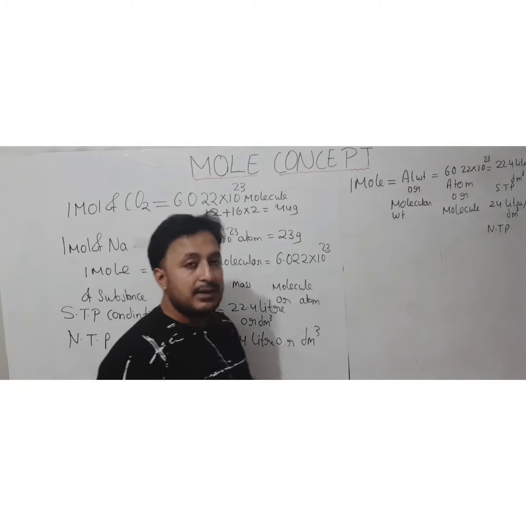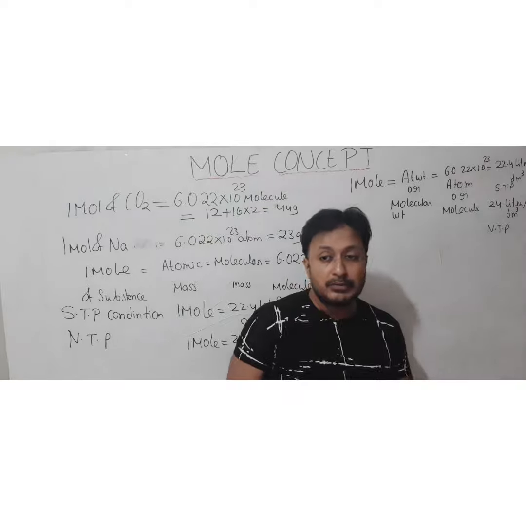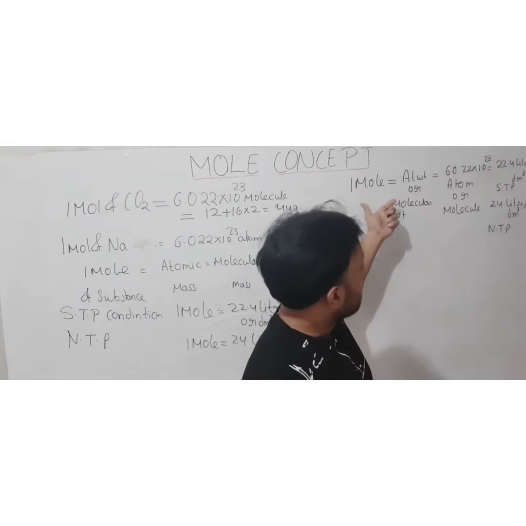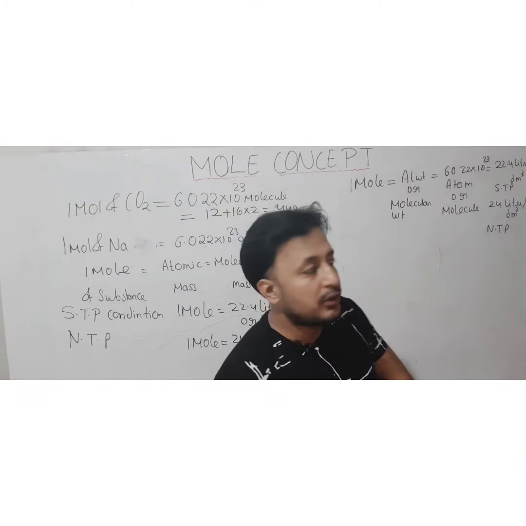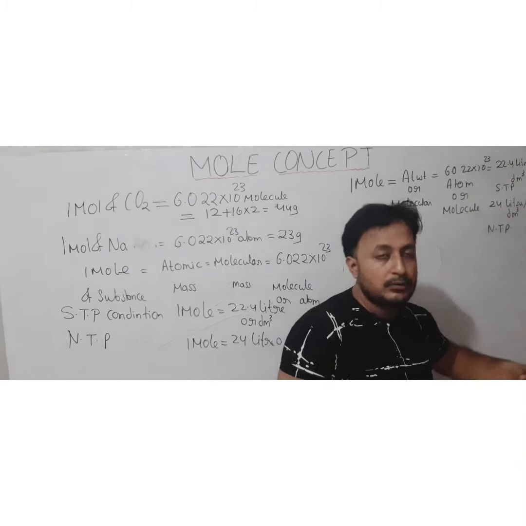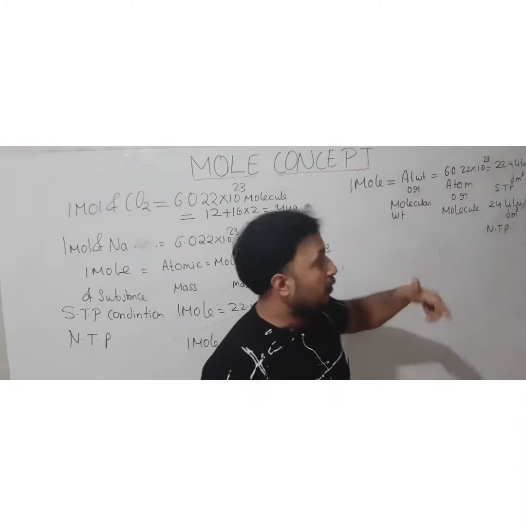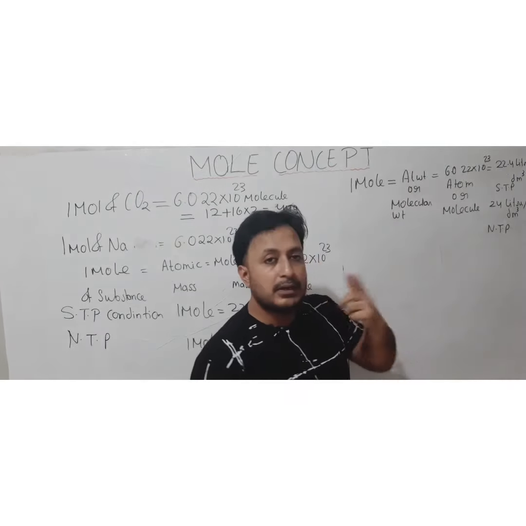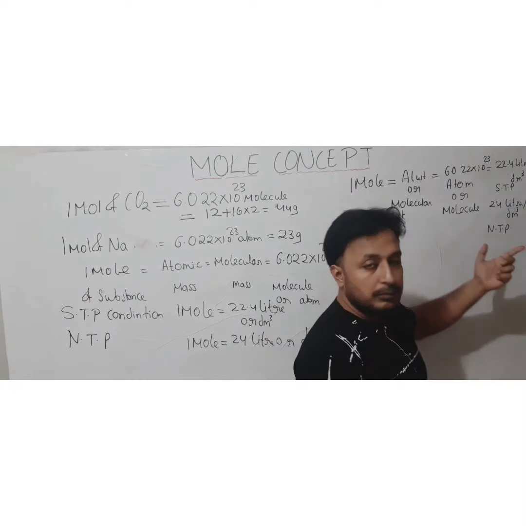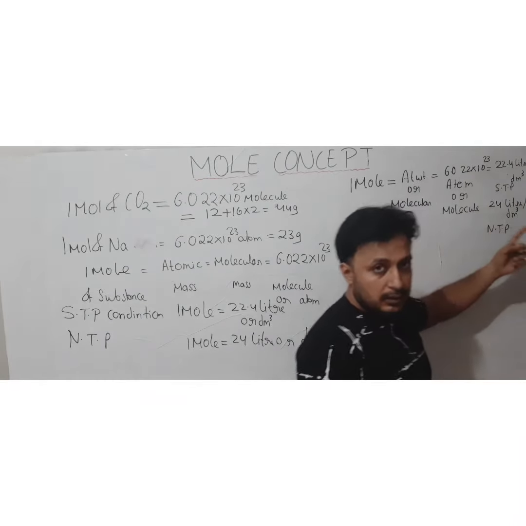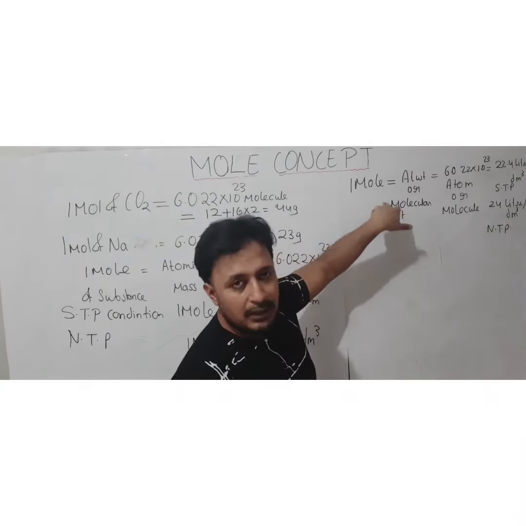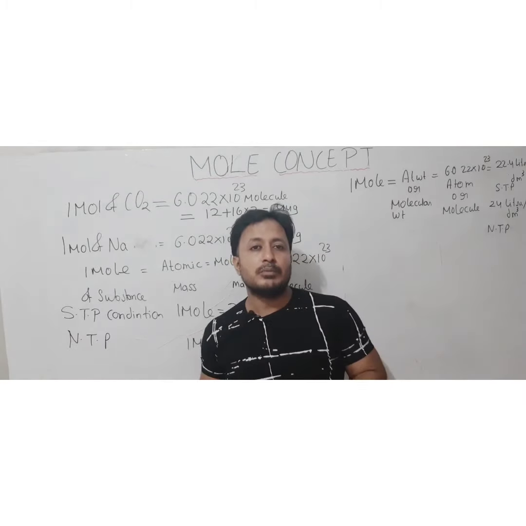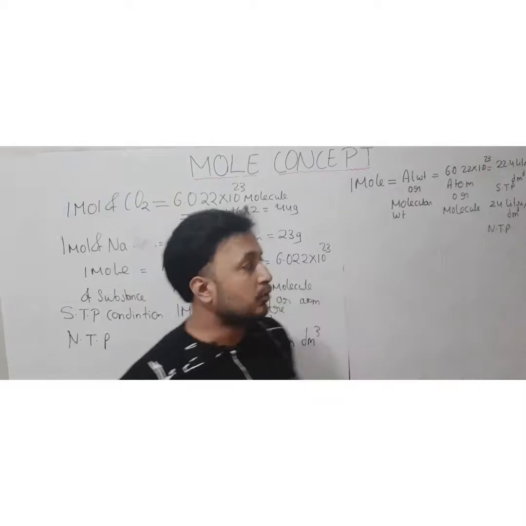So basically when the question comes, they can relate anything, not necessarily the mole every time. Maybe they can give you some amount of the substance and ask you the number of atoms, so you can relate these two. Or maybe they will give you some number of atoms and ask what is the volume of that under STP or NTP, then you can relate this. So not necessarily every time you can use mole. Basically a kind of unitary method is going to be used while calculating these questions.